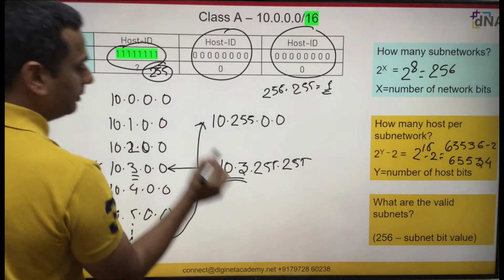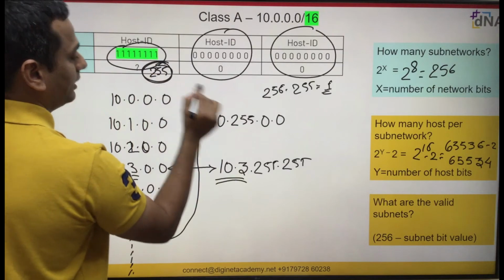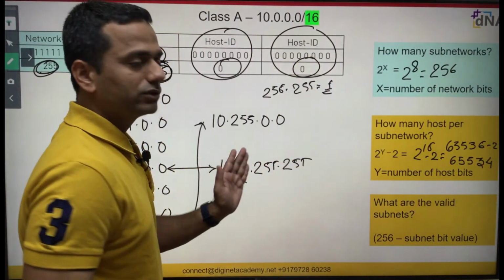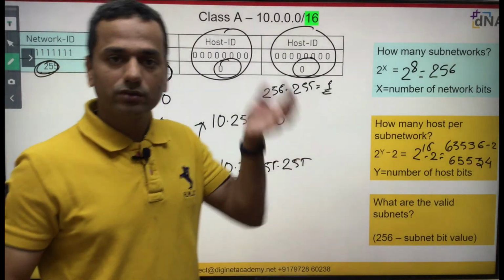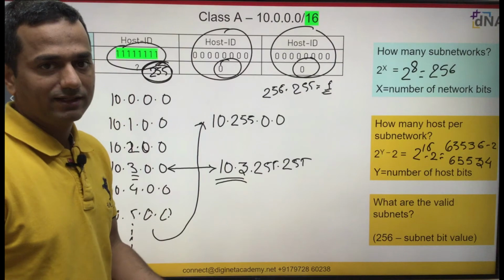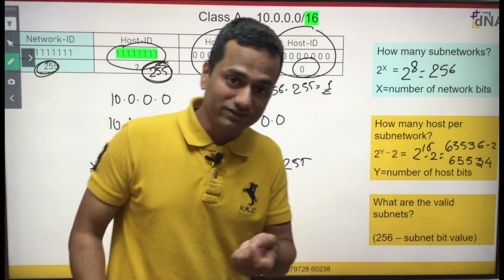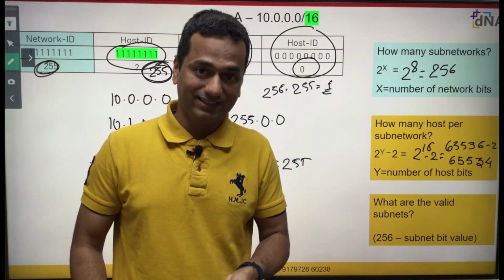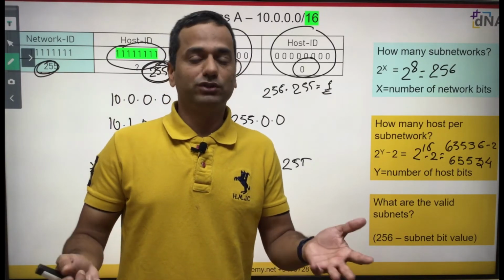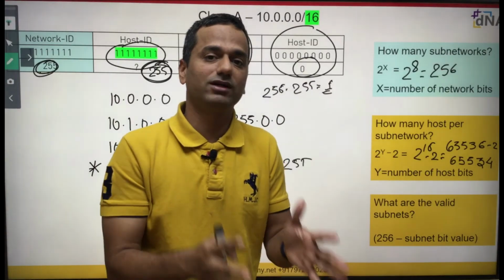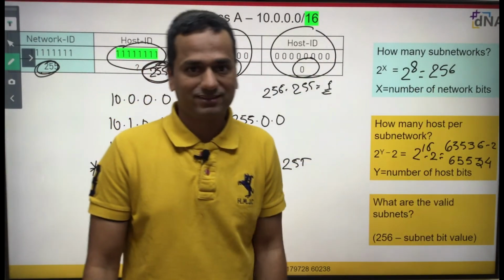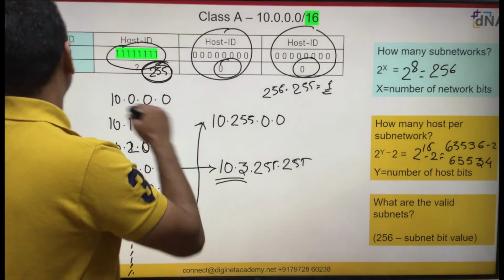See here, below 3 we have 255, in the third octet we have 0, and in the fourth octet we have 0. So simple: host bits set to 0 mean the network ID, set to 1 mean the broadcast ID. It is very simple to calculate the broadcast ID, right? It was difficult for class C initially, but it is simple for class A, because now you have a clear idea about the network portion and the host portion, since we have so many bits for a host. Got it, right?